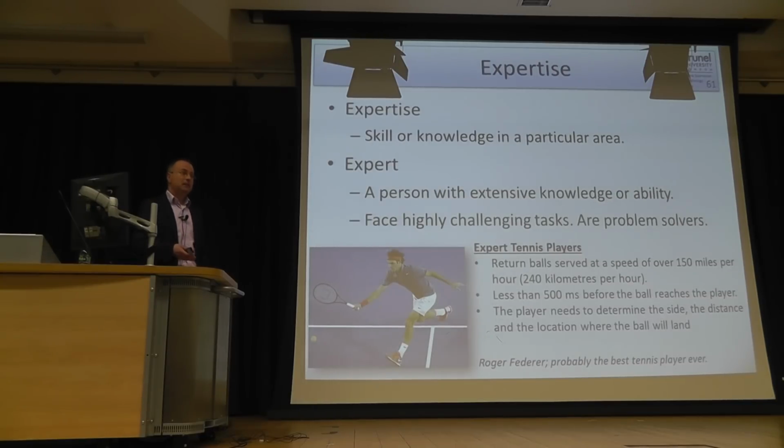Then we have excellence in sports. When you think about the difficulties in playing tennis on a professional level, so when professionals serve a ball, the initial serve, they may have speeds of over 150 miles per hour. This is 240 kilometers per hour. Given that the court is that small, that means you have less than half a second between the serve and when the ball is at the other side of the court.